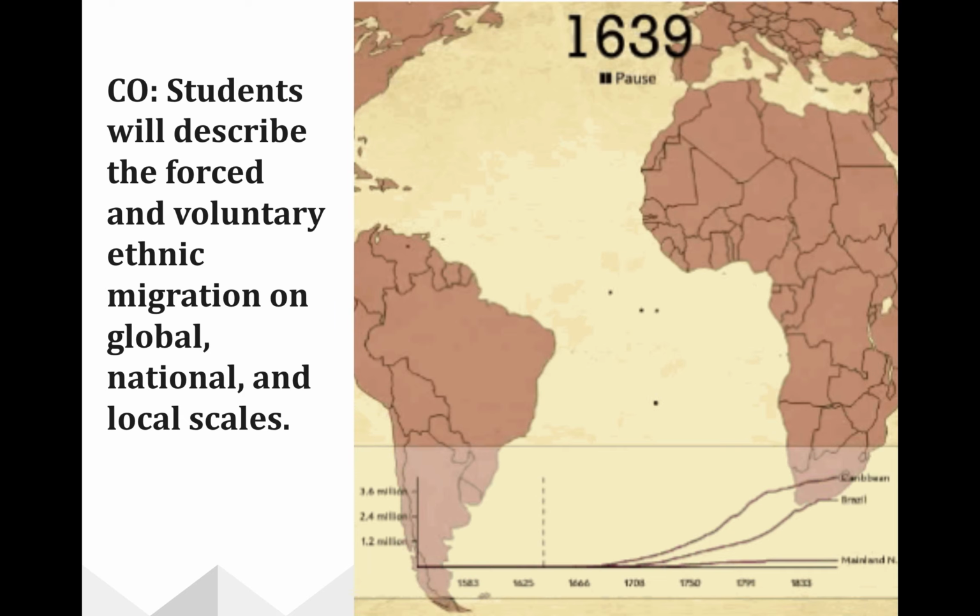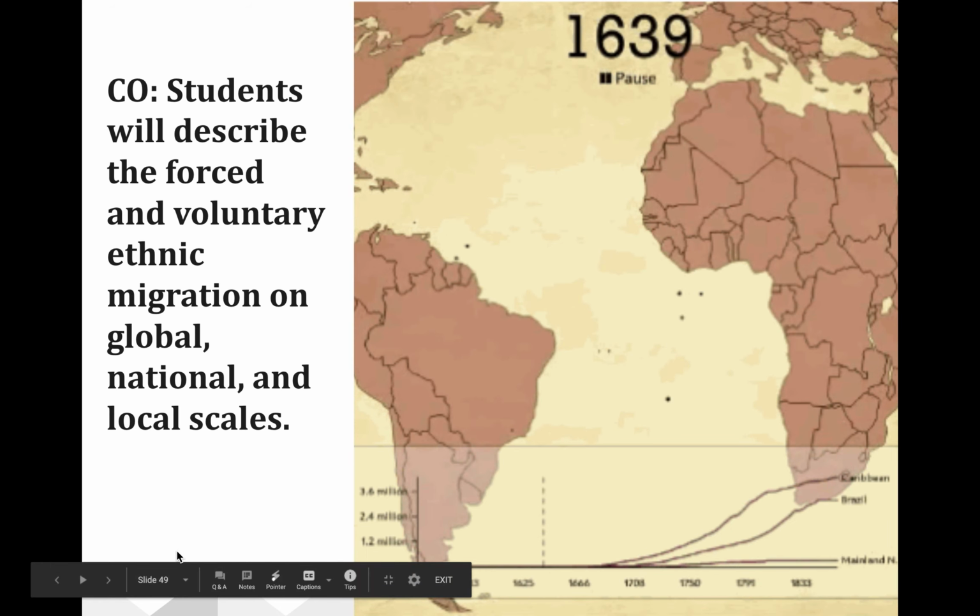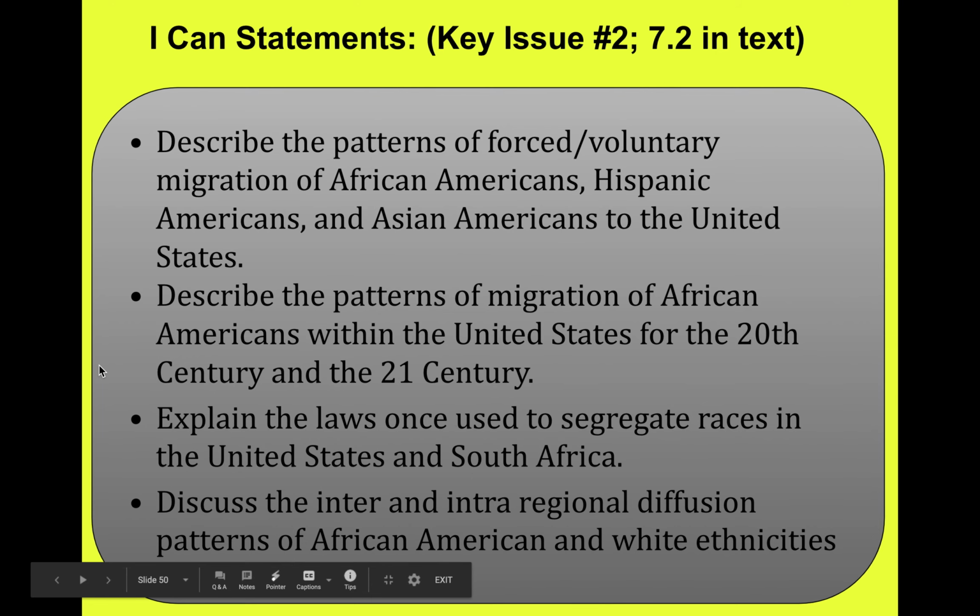Chapter 7, Key Issue 2, Content Objective. Students will describe the forced and voluntary ethnic migration on global, national, and local scales. I can statements. 1. Describe the patterns of forced and voluntary migration of African Americans, Hispanic Americans, and Asian Americans to